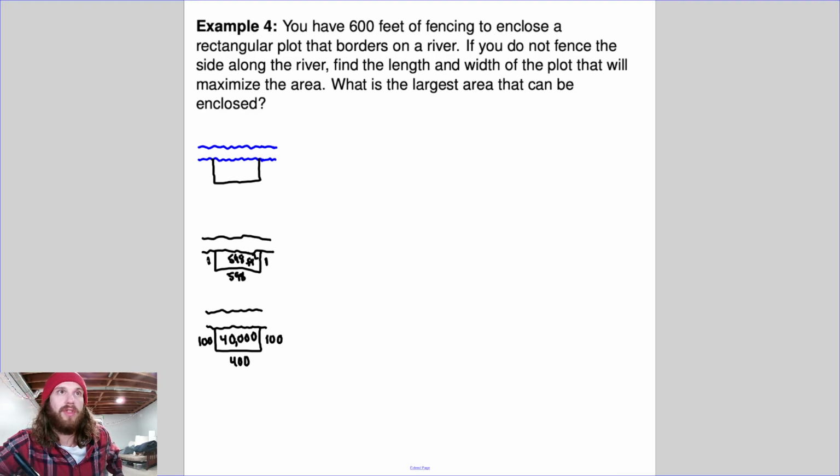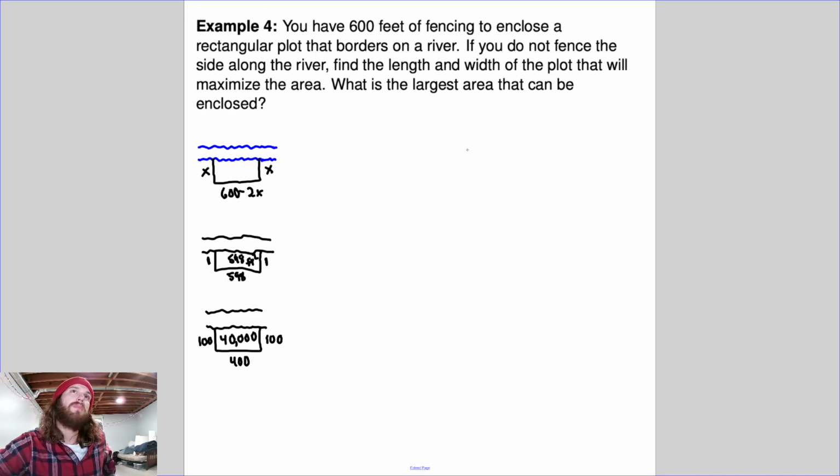Now, how do we get started with these two being the same? So I said this is 1, this is 1, and then we figured out what that is, right? So here we go. The height here is x. We know that these are the same. That's what we're starting with. And this length is always based off of what we chose for this. So I said, well, this is x, this is x, and then we took that and subtracted it from 600, which was the total. So we used x here, we used x here. This length is going to be 600 minus